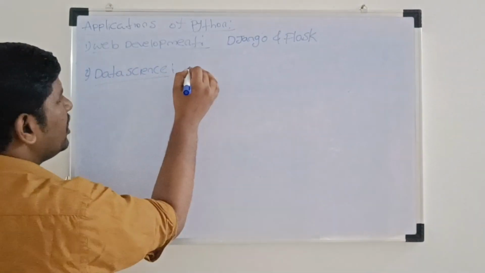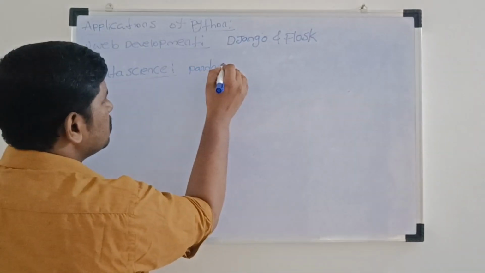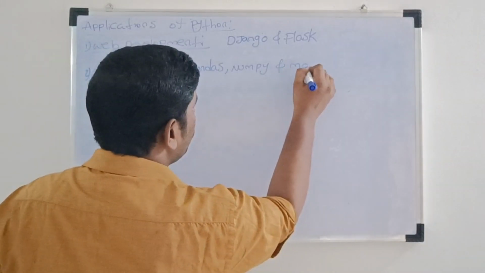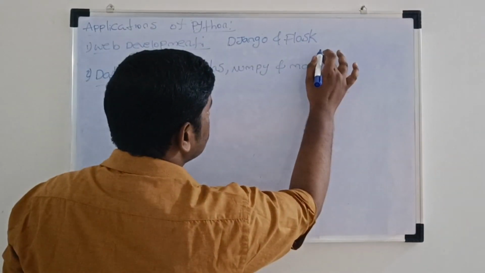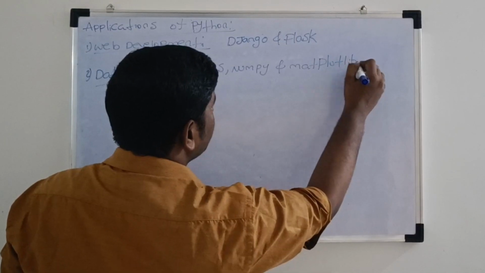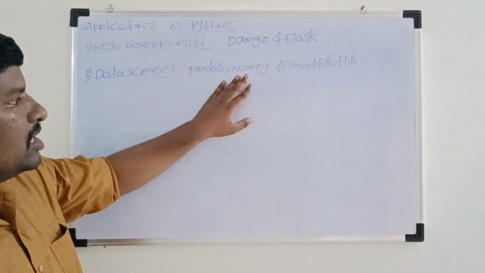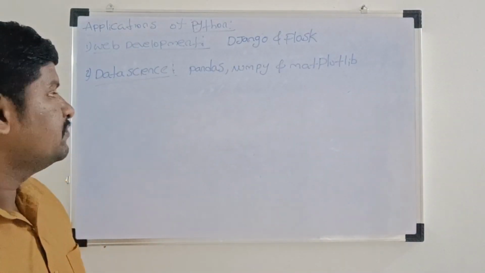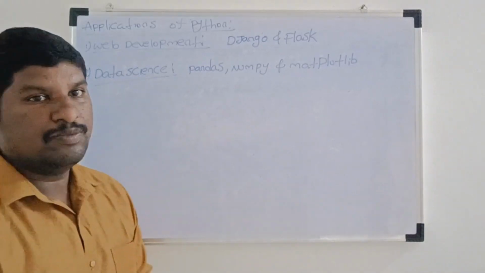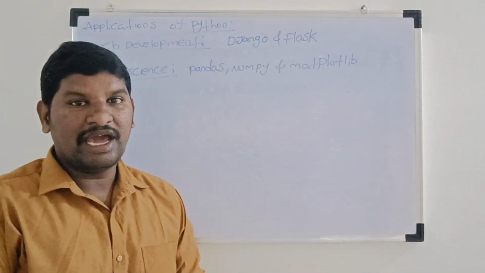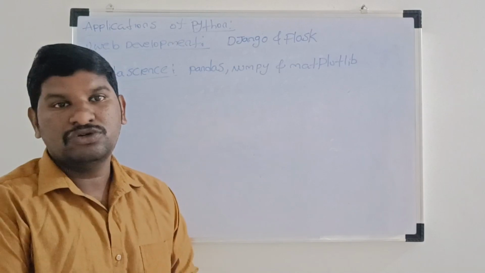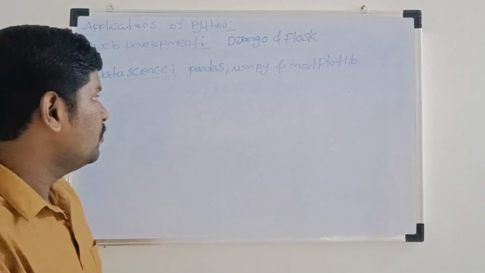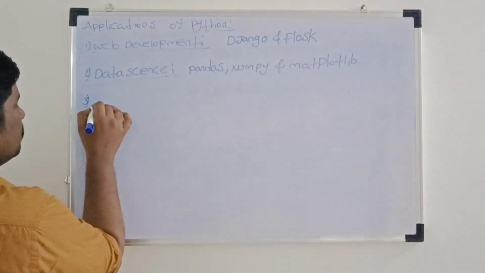Here, pandas, numpy, and matplot library. Okay, here pandas, numpy, and matplot library are Python libraries for data science. So they help you work with the data and analyzing the data, and they are also used to create graphs and charts to understand it better. Okay, and next third one, machine learning,